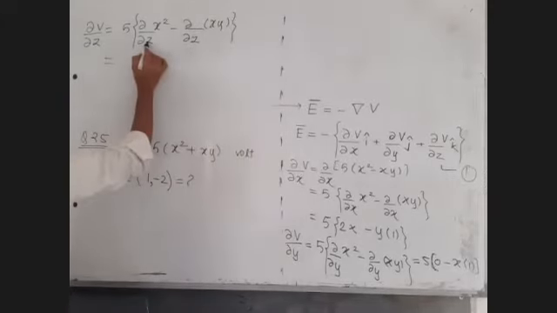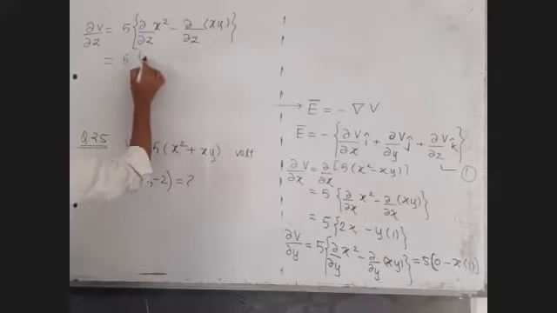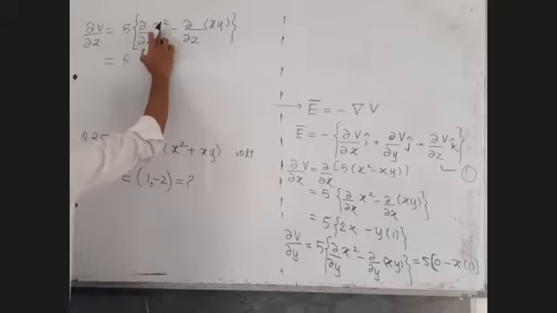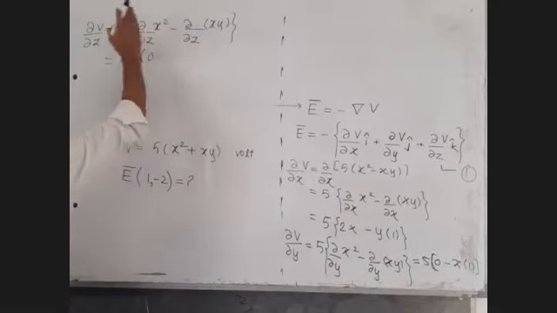Now sir, derivative with respect to z, partial derivative with respect to z means x will be taken as a constant, so x square will be constant, derivative of constant is 0. See, derivative of constant is 0, but when the constant is multiplied to a variable, the constant is taken out of the derivative.